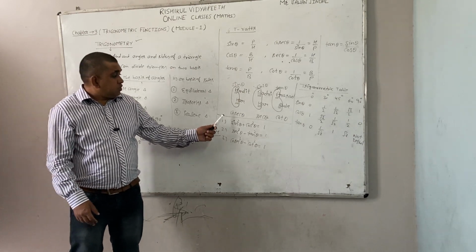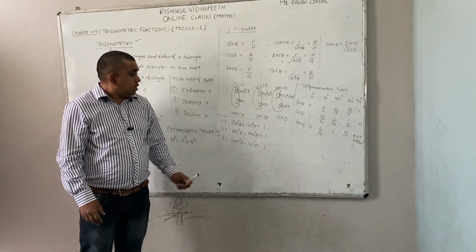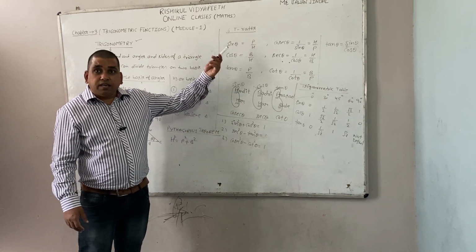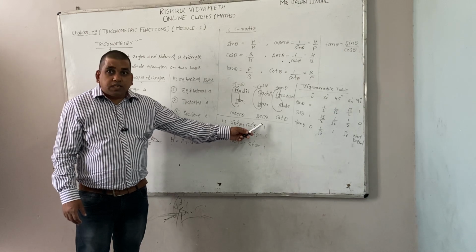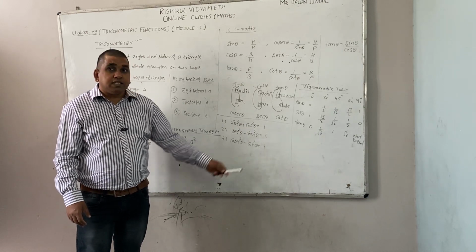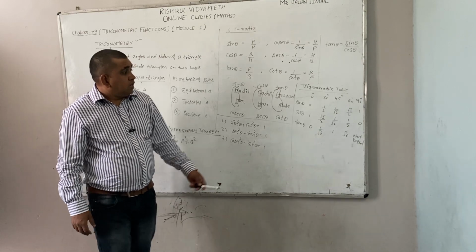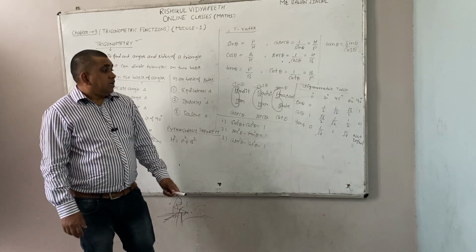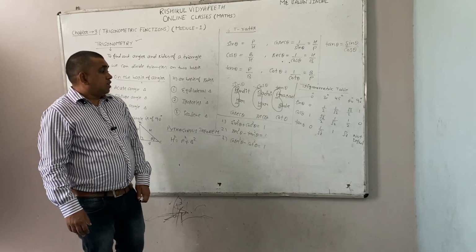Now these 3 identities you have to remember. Sin square theta plus cos square theta equal to 1. For these 3 identities, you must know about sine, cos, tangent. You have already learned. Next, secant square theta minus tangent square theta equal to 1. Cosecant square theta minus cot square theta equal to 1. The trigonometric table you have already learned in 10th class. Right? You all have studied these things in your 10th class.